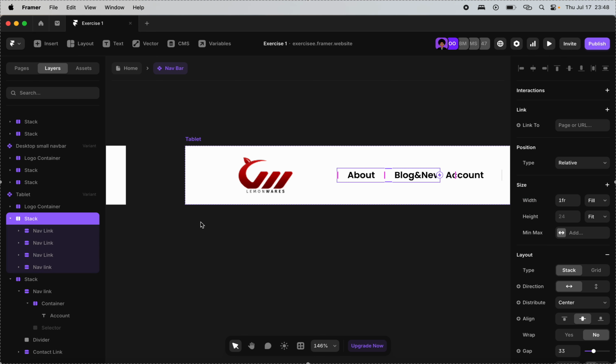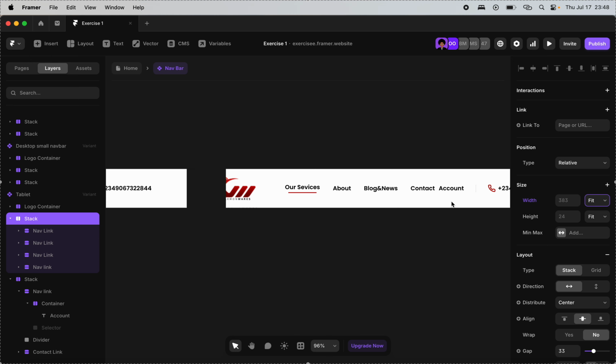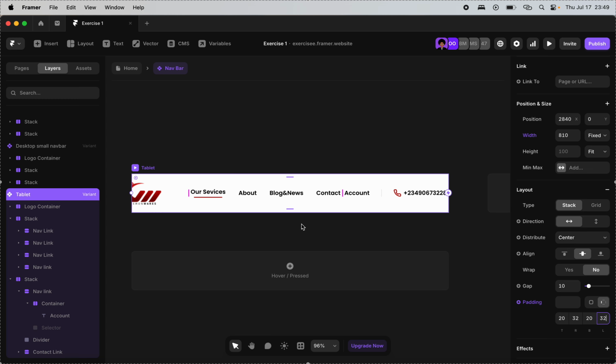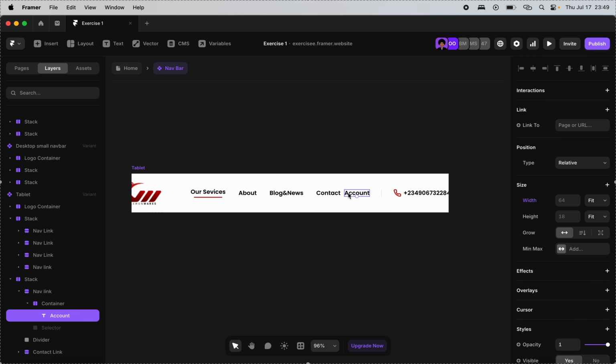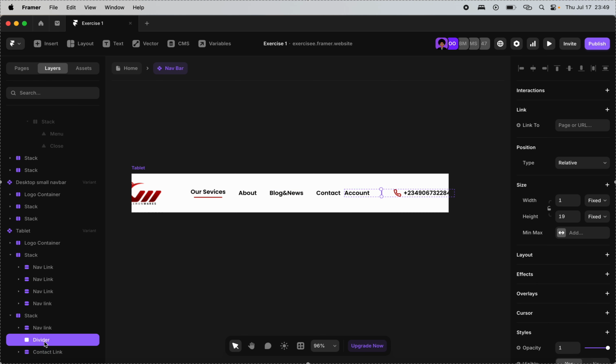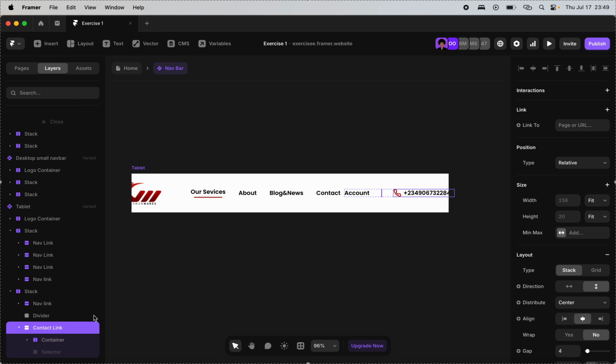Yes, exactly. And let's say fit content for now. And resize this to 32. The left and the right padding 32. Now coming back here, this stack, the nav link, the account, and then divider, and then we have the contact